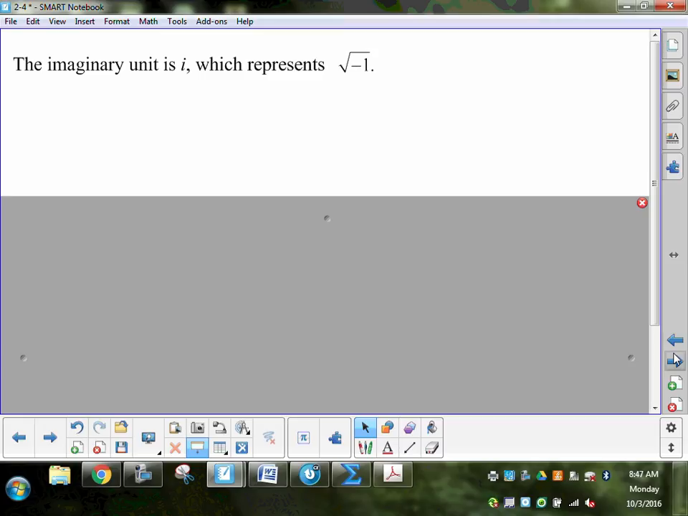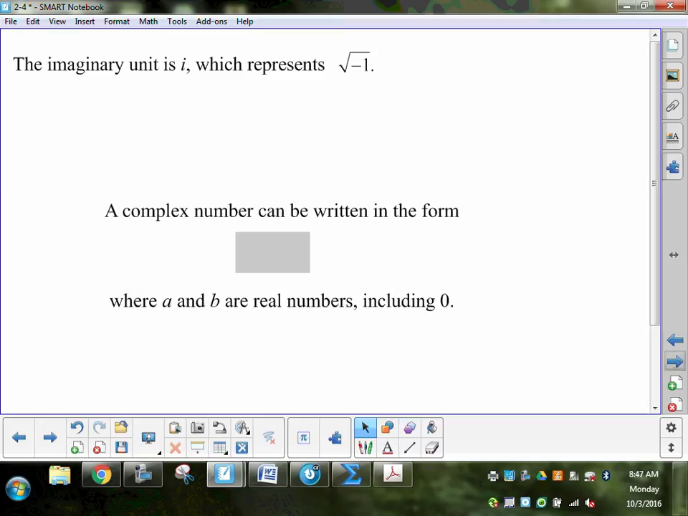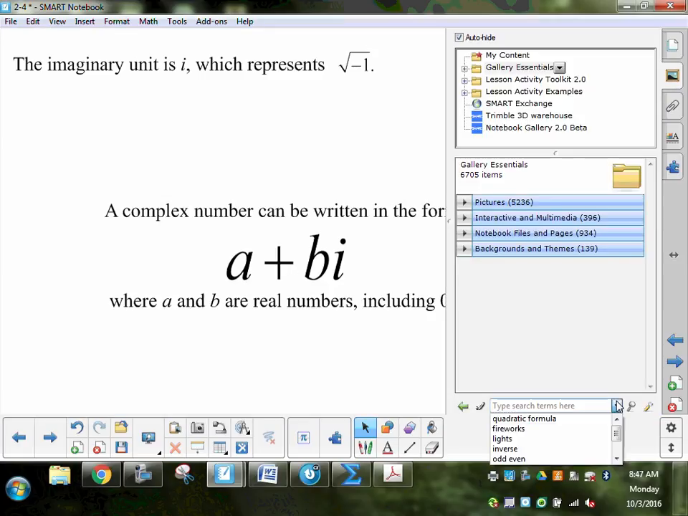The imaginary unit is i, which represents the square root of negative 1. And a complex number can be written in this form, a plus bi, where a and b are real numbers. Now, that's the way that we would express our answer. One thing that we need to make sure that we get down,